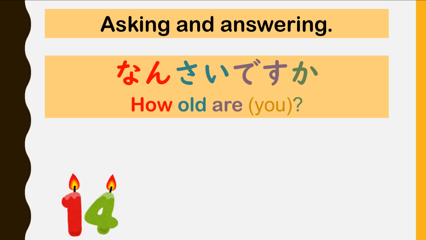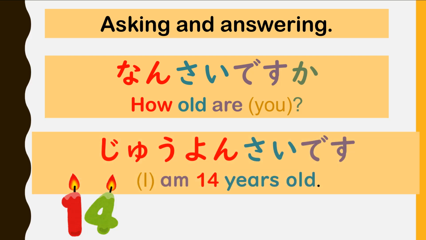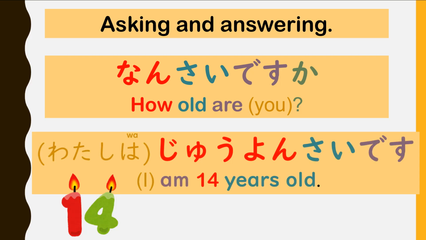Now let's see how to ask and answer using complete sentences. Notice that the Japanese leaves out the pronoun you. Japanese tends not to use personal pronouns. If it's obvious who you're asking or talking about, you can leave the pronoun out. 14歳です. You can't leave the pronouns out in English though. That's why you see them there in brackets in the English translations. If you want to say the complete sentence, including the pronoun for I, you'd say, 私は14歳です